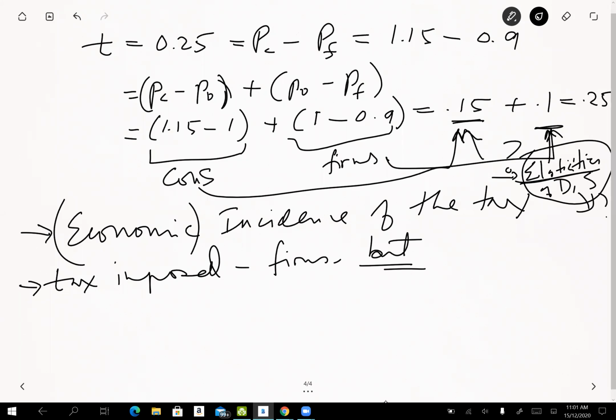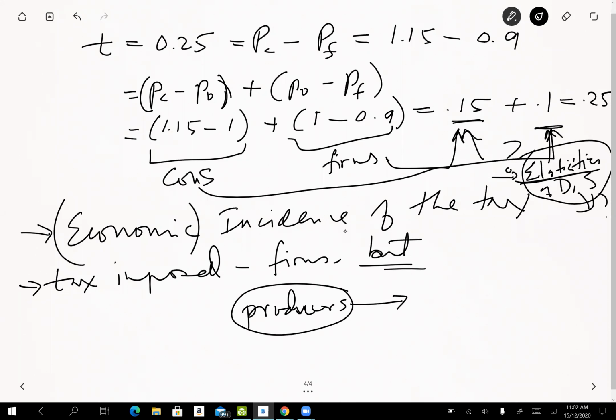Okay, who else can the government impose the tax on? The producers, meaning before it went to the firm, the producers of the raw material. In our simple example, the firm is the producer, the seller. So if you are talking about the producers in that market, who will the producer sell the product to?